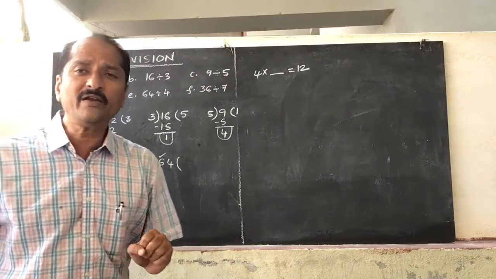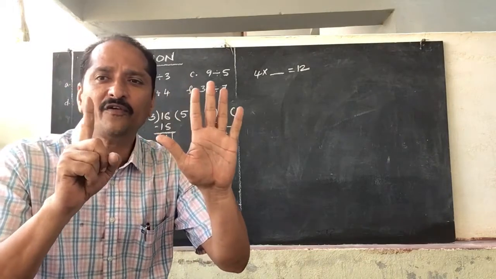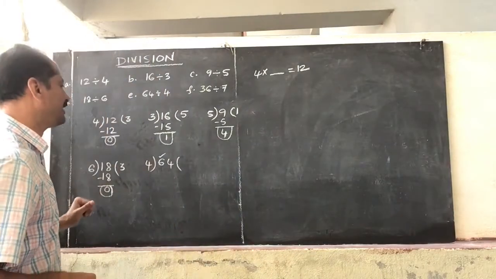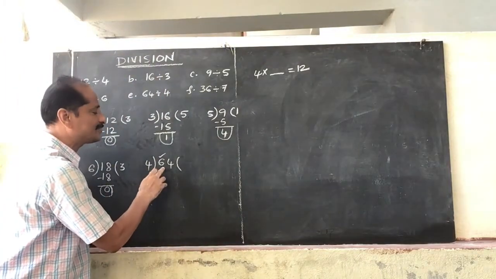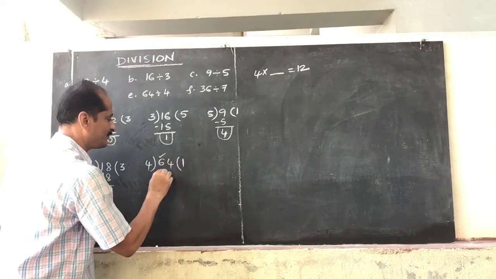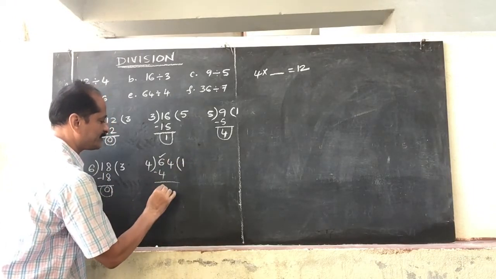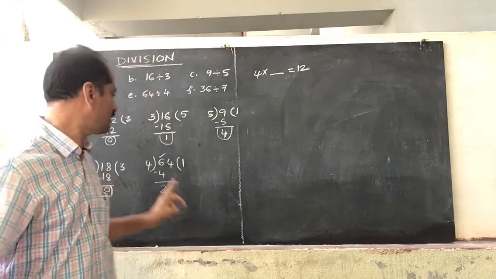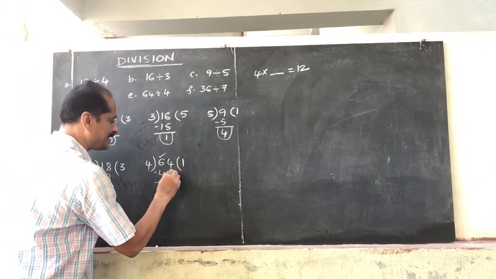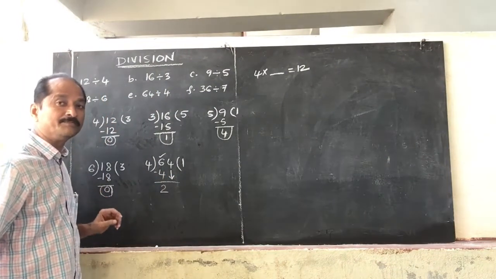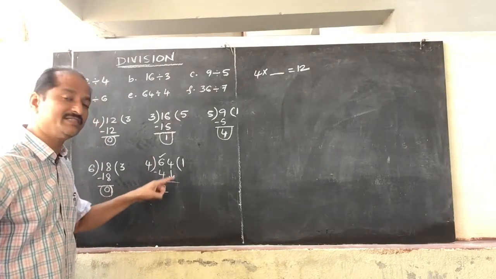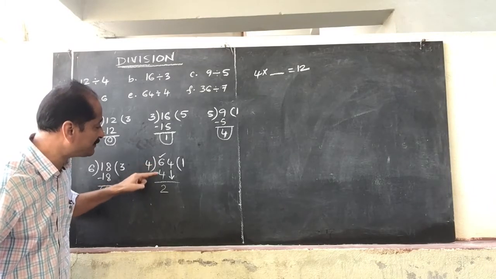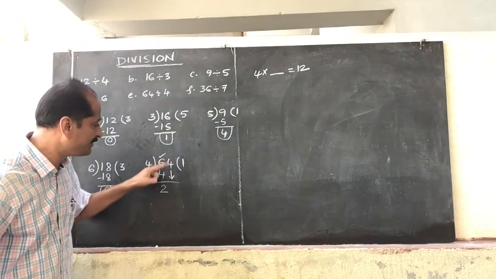That means how many 4s are there in 6? How many 4s are there in 6? Only one 4. The remainder is 2. Okay. So in this way, read the fourth table till getting 6. 4 1 is 4. Remainder is equal to 6 minus 4 is equal to 2. 6 minus 4 means close all the fingers. 4 after 5, 6, 2. So then bring down the next digit, that is 4. So remember carefully, whenever you are dividing in this division process, the divisor, here you got the remainder 6 minus 4 is equal to 2. Actually this is a dividend.